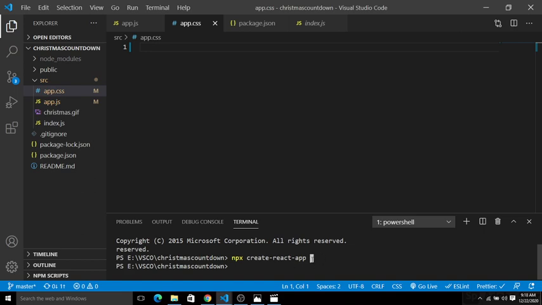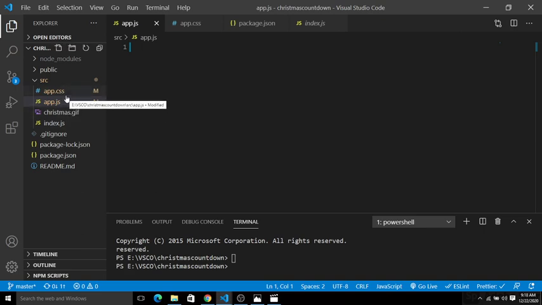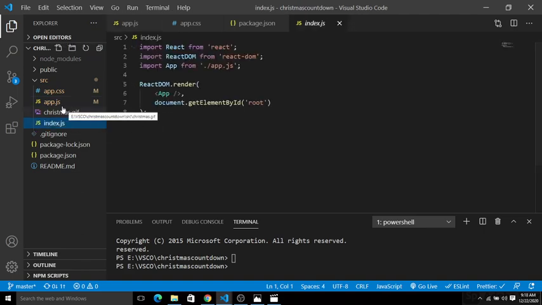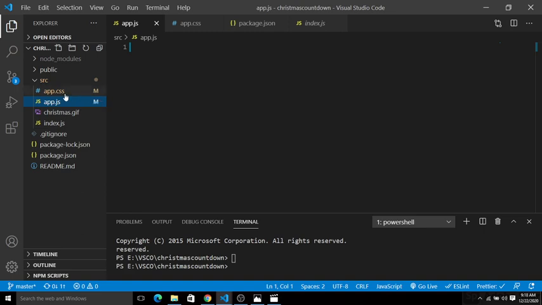Okay, after that, the next step is to simply start this project. What I am going to do is create a class component in app.js. You have to do all the cleaning. Make sure to keep all these folders and files just like this, and simply delete the remaining ones from the source directory. So I have index.js, app.js and